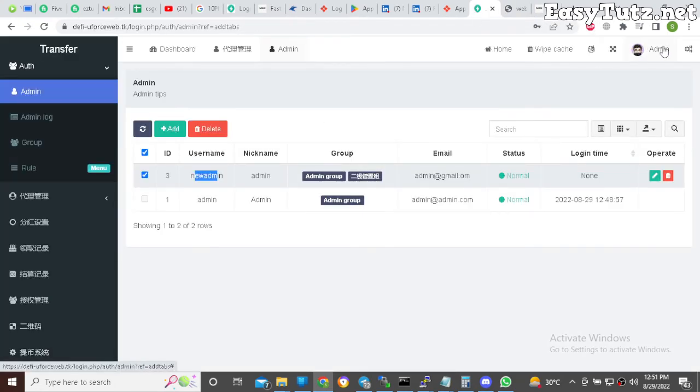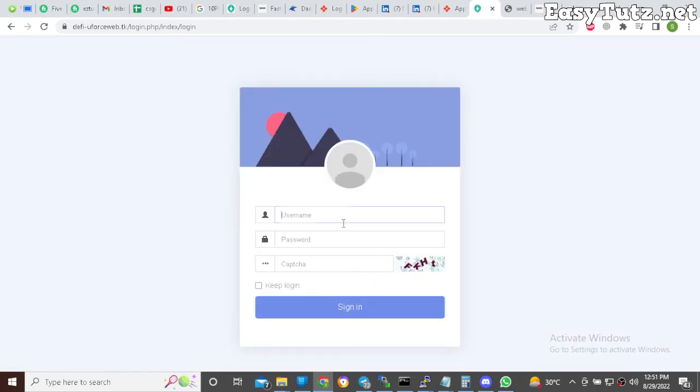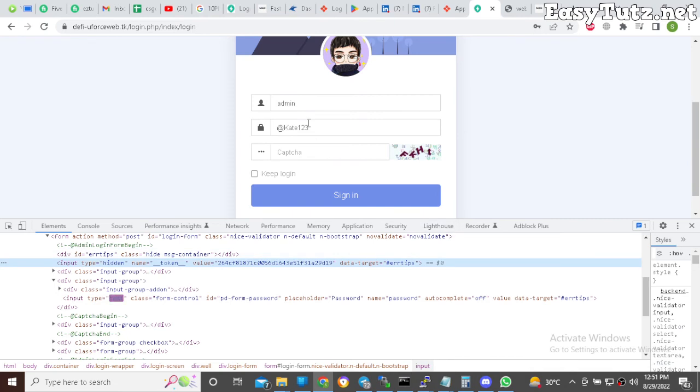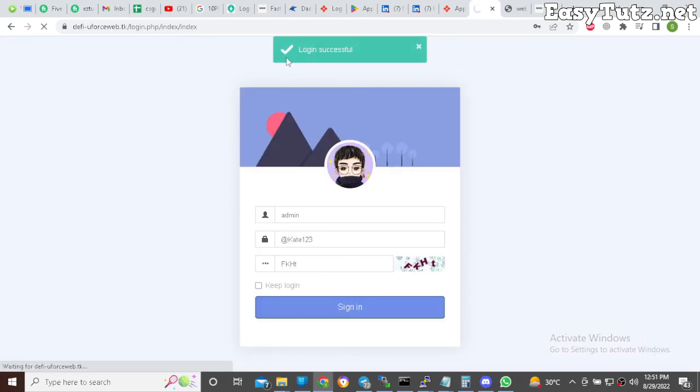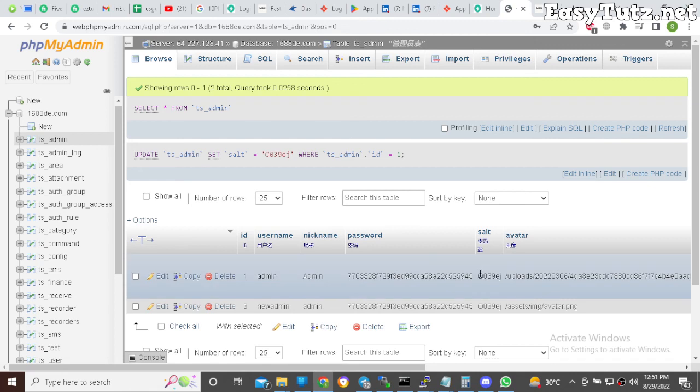Now if we go and log out, you can type admin gate123. I can show you also. You can see I type gate123 FKH, login successfully, but in the database it will be shown as this. So